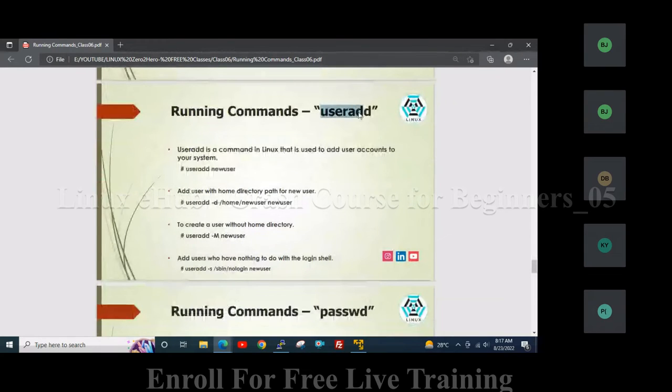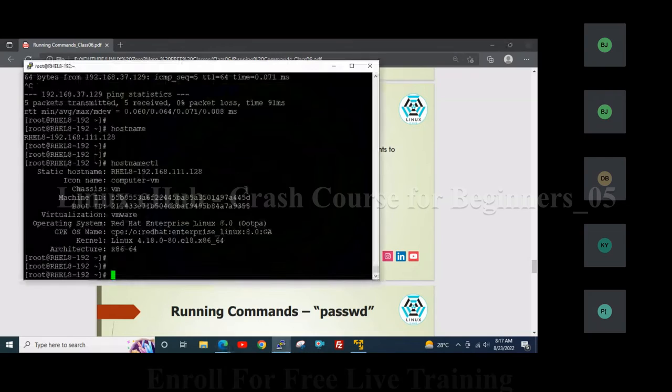So using the useradd command we can add users. useradd is a command in Linux that is used to add user accounts to your system. useradd username adds a user. To add a user with a home directory path for a new user, use useradd -d home directory. So let me tell you,